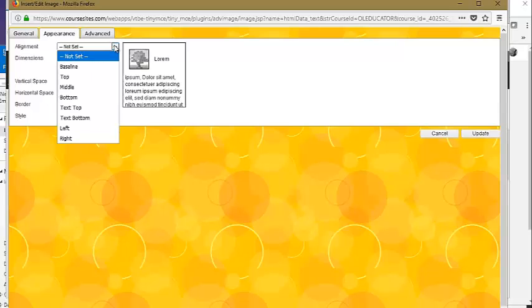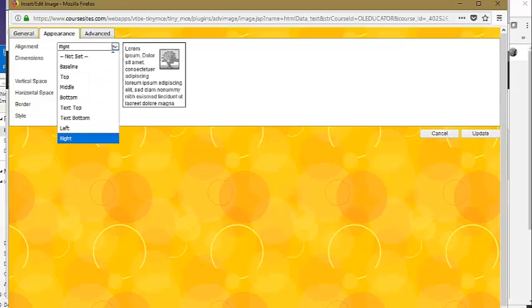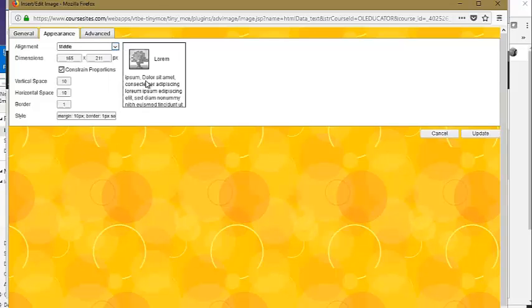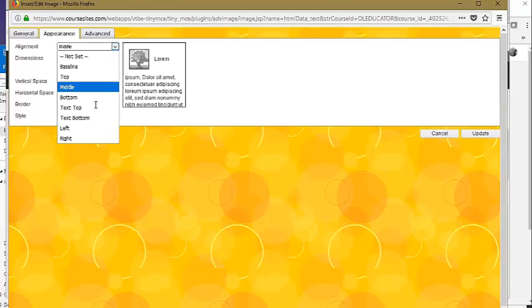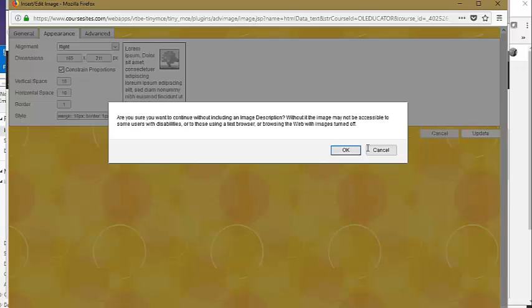All right, for alignment, now this is the trick. I'm going to right align, and you can play with this, but now notice that the text kind of wraps around it. Do you see that? Now if I were to middle align, the text is above and below. If I, let's see, if I left align, it wraps around. So I like the right and left align. I'm going to right align. So I'll click Update,